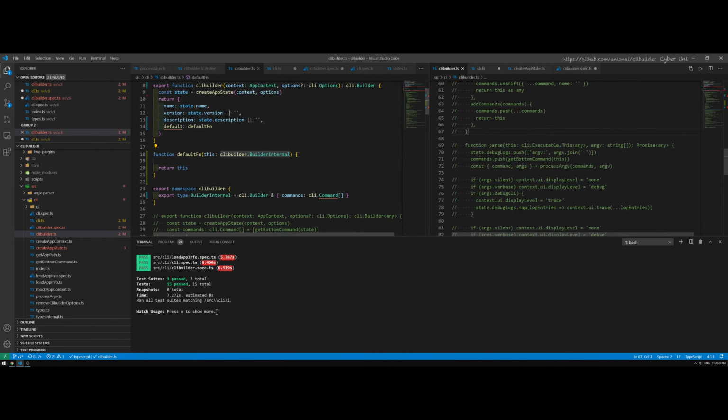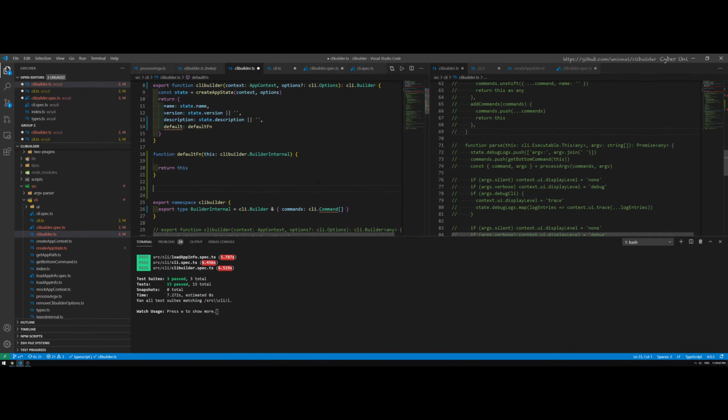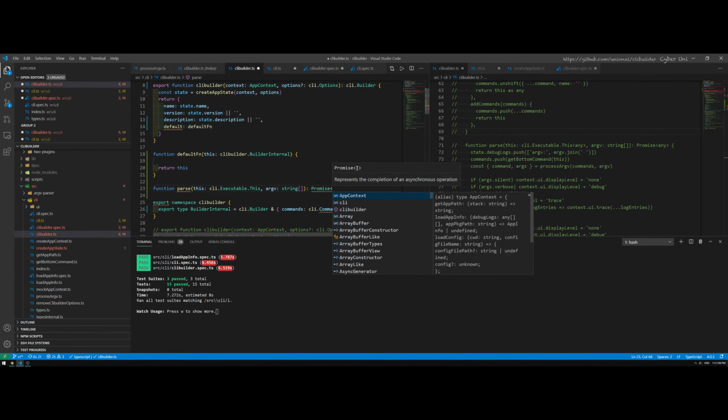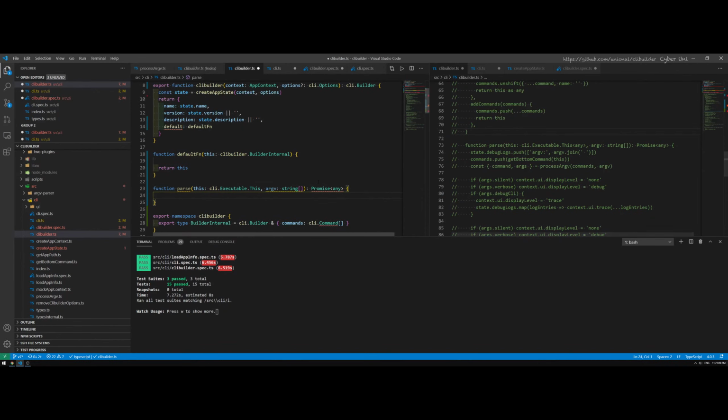I think that is actually a bug. And actually, let's just make this an async function. So by default, this